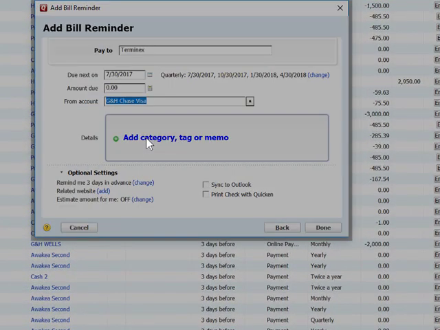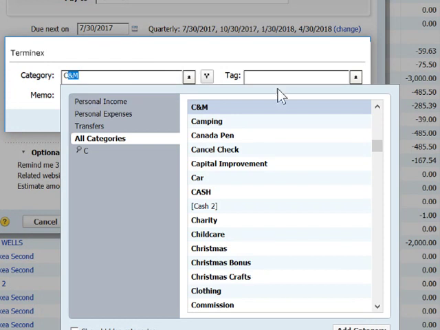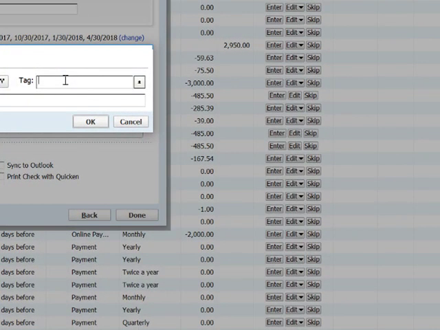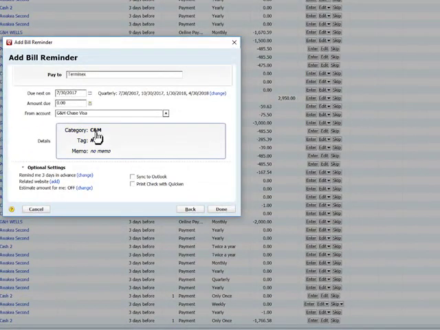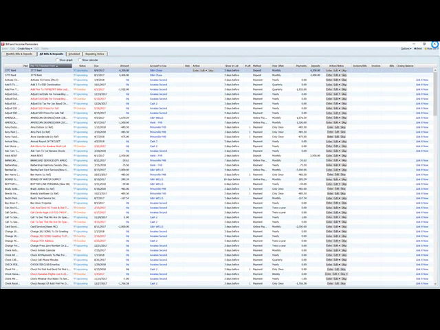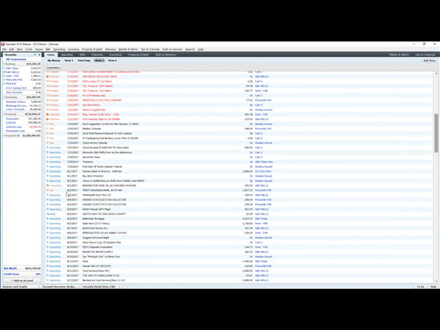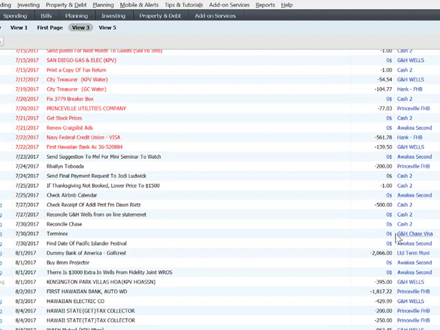You then can add the category. This is cleaning and maintenance if you're paying Terminex. And let's say this is for a property that you want to add to as a tax here. So every month from now on, or every quarter from now on, starting on the 30th of July 2017, there will be a payment, a reminder set up in Quicken. And when you go to your reminder page, you will see that you have a reminder to pay Terminex out of the G&H Chase Visa